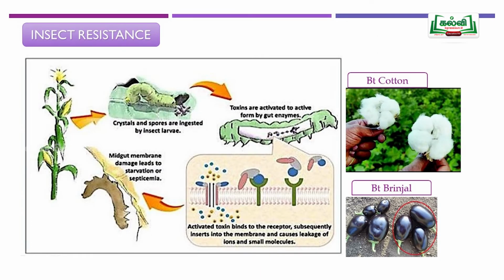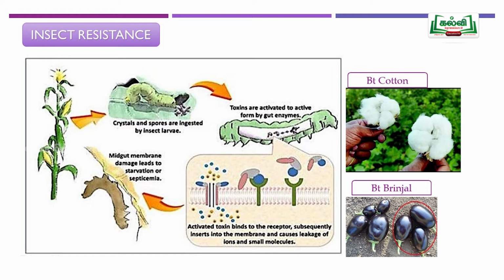Next, insect resistant plants. Insects are a major problem and cause a very huge loss to the economy of the country. More than 20% of the economy of the nation is drastically reduced by insects when they infect the plant. So we are now in a situation where we need to produce an insect resistant plant. How can we produce an insect resistant plant?